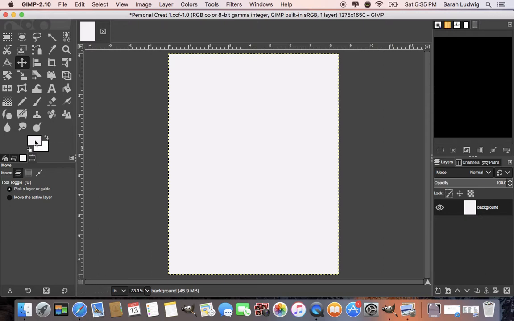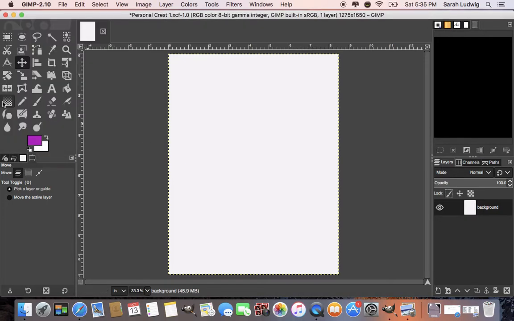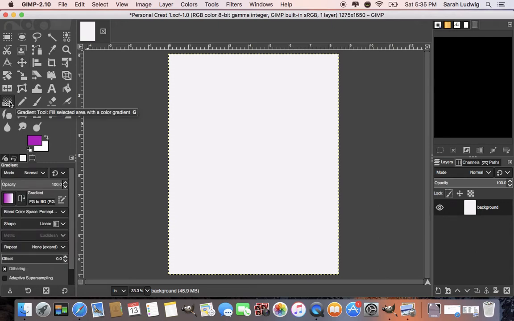So you're going to click right over here on the foreground box. You're going to change it to the color you want it to be over here in this color bar, and then click to make your specific color selection, and press OK. You're going to click on the gradient tool. You're going to make sure the mode is at normal,